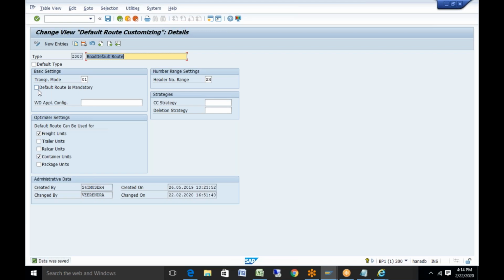WDFD config means in case you want to do any screen enhancement or field enhancement, the development team will provide you this link.